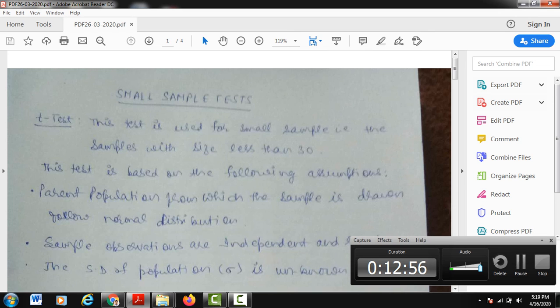And the chi-square test has its own applications, like the uniformity of data, consistency of data, independence of attributes, and we have also discussed the goodness of fit of data. So these are the various applications of the chi-square test. In small samples, we have three tests, t test, F test and chi-square test, that I will discuss with you one by one through my lectures. And for the large sample, we have only one test, the Z test or large sample test. Each and every test has its own applications.